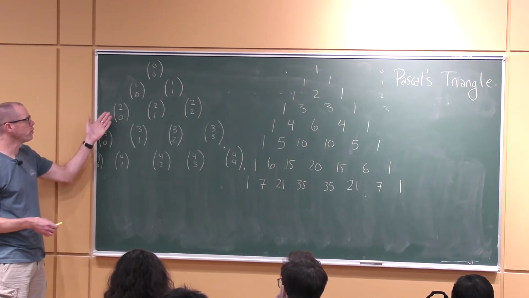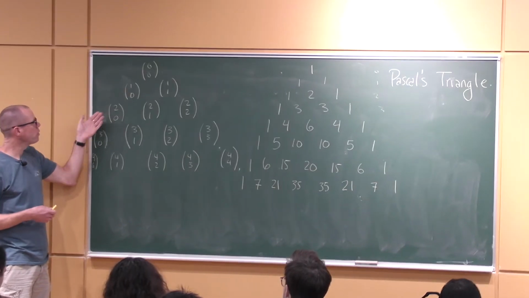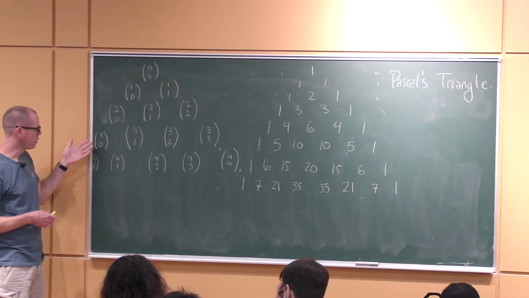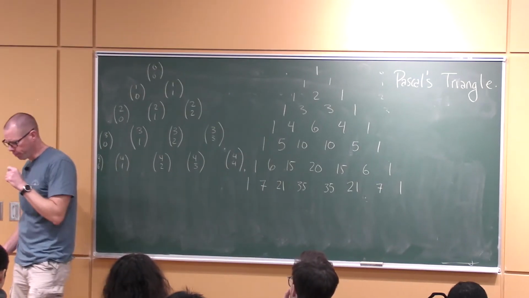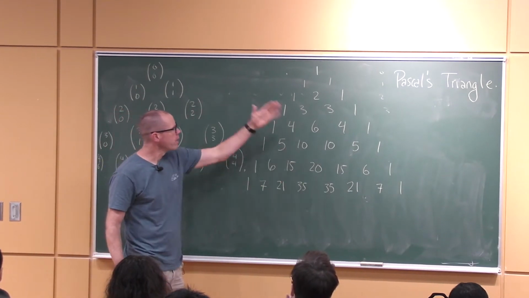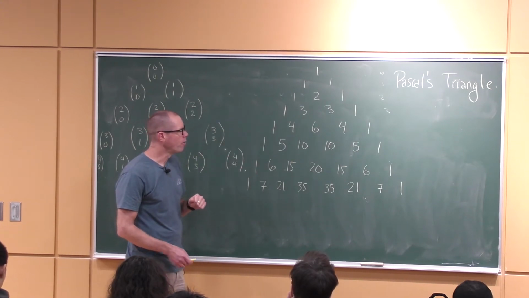The row with index 2 is 2 choose 0, 2 choose 1, 2 choose 2. And then the next row is 3 choose 0, 3 choose 1, 3 choose 2, 3 choose 3, and so on. And usually you actually write the numbers down like this. And it's really easy to do this